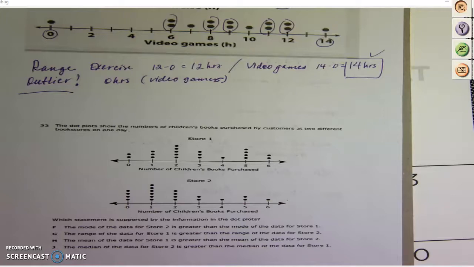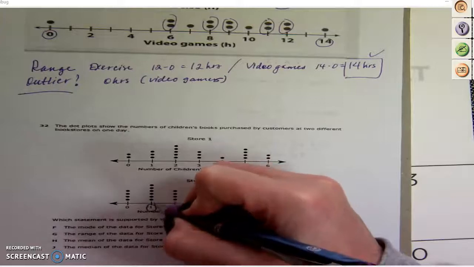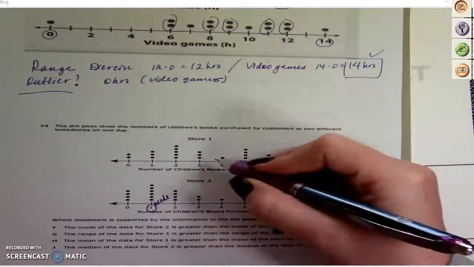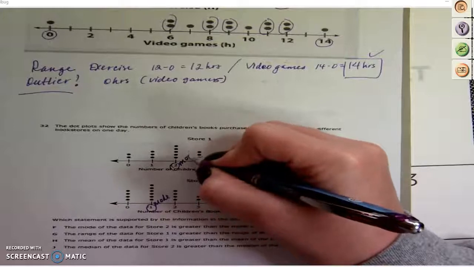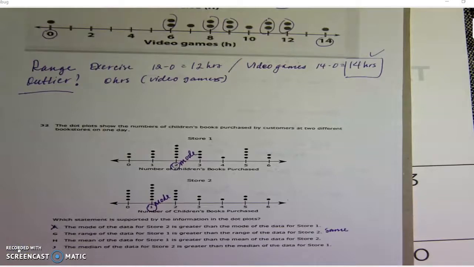So when I'm looking at my values, I'm looking at mode, range, mean, median. So as I mentioned to you before, mean is the most time consuming. So let's check the rest of them. So it says mode for store 2 is greater than for store 1. Store 2 has the mode of 1, but store 1 has a mode of 2. Definitely a false statement. So next one, next is range, and range is the same, 0 to 6, 0 to